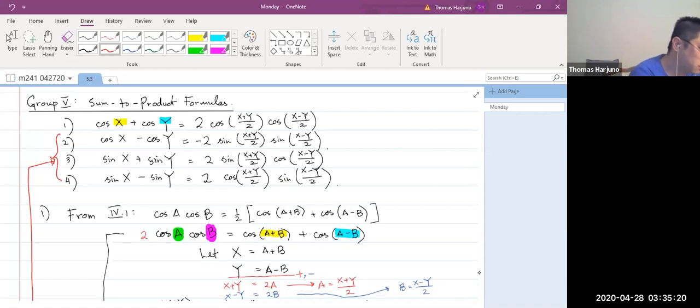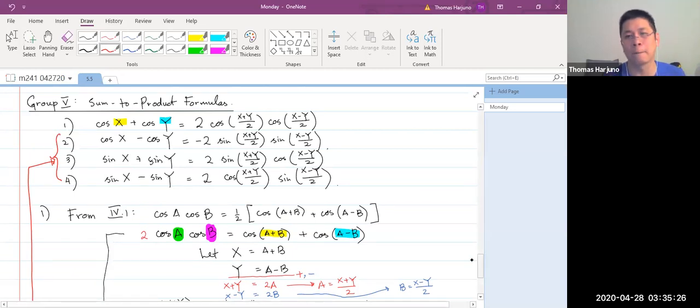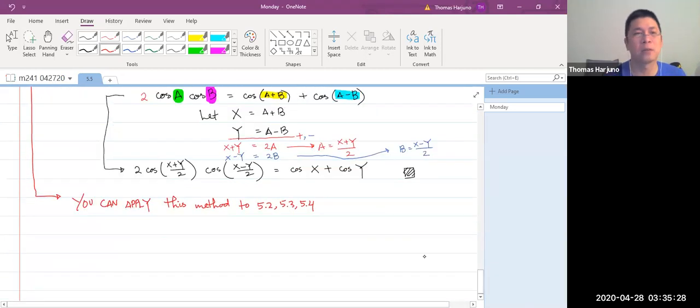Okay then, Thomas, how do we use this formula? Then we do examples, exercise. For example, number 28. Compute and simplify